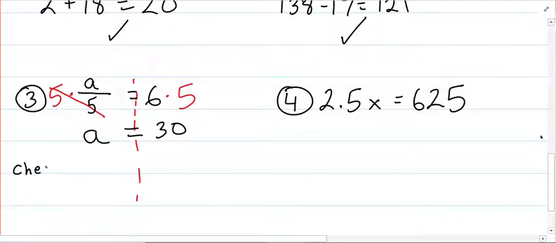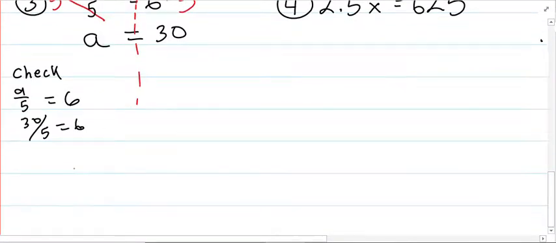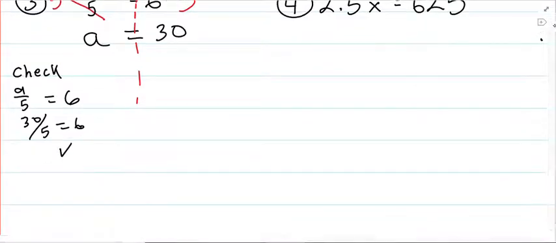And when I check it, my original problem was A over 5 equals 6. So I can say A over 5 equals 6. And I'm going to substitute 30 to figure out, is it true? Is 30 over 5, or 30 divided by 5, does that equal 6? Now check it out, 30 divided by 5 is 6, so my answer is correct here. Now for problem 4,